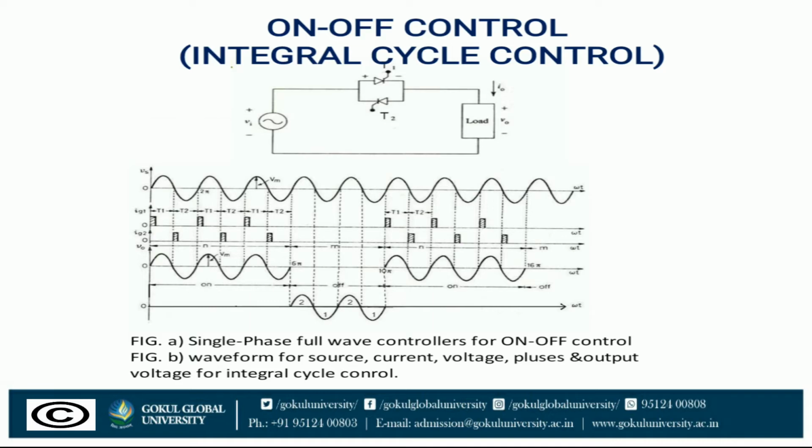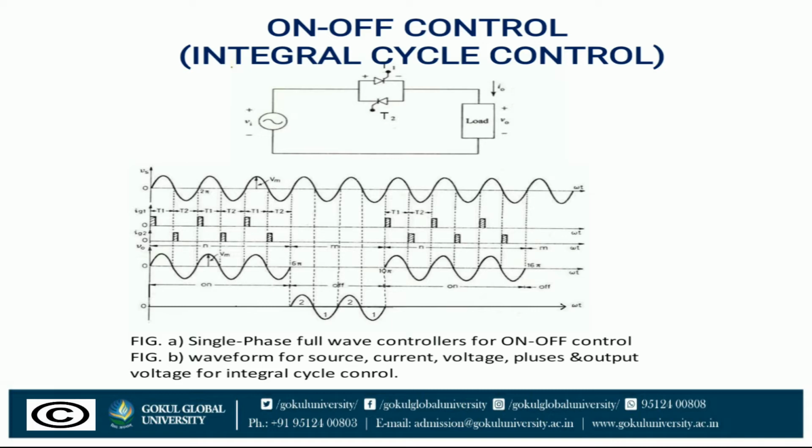So here we can see that the first waveform is shown by the total voltage supply. We have provided Ig1 and Ig2, that is, the gate pulses of T1 and T2. You can observe that when the thyristor T1 conducts, it behaves like a half wave rectifier, so you will get only a positive half cycle. When T2 conducts, you will have a negative half cycle.